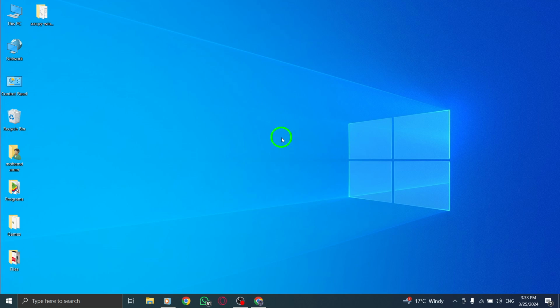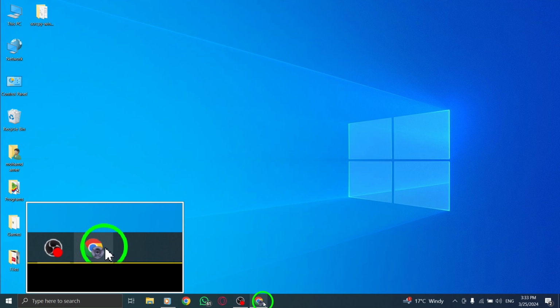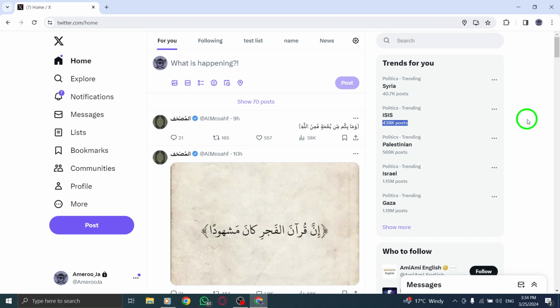Are you struggling to find specific tweets on Twitter using your PC? Let's walk through the steps to help you efficiently locate the tweets you're looking for. Begin by navigating to the Twitter homepage and utilizing the search bar at the top of the page to enter